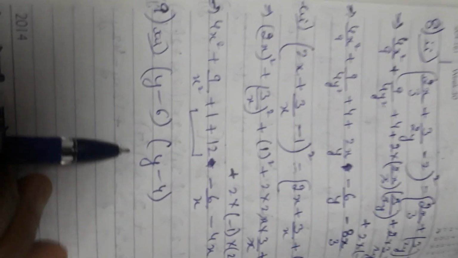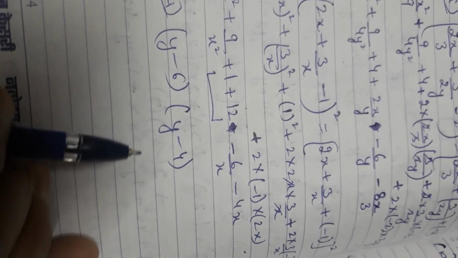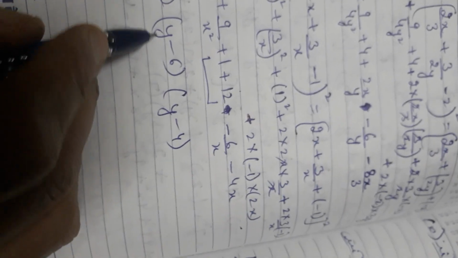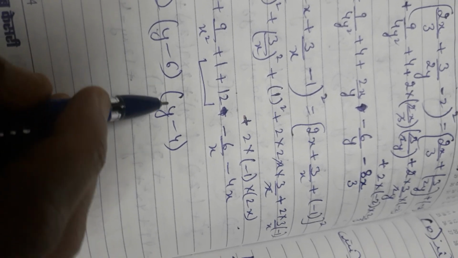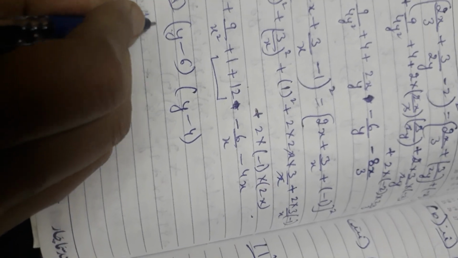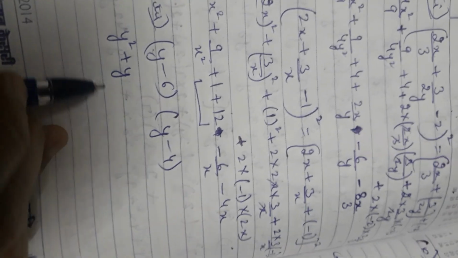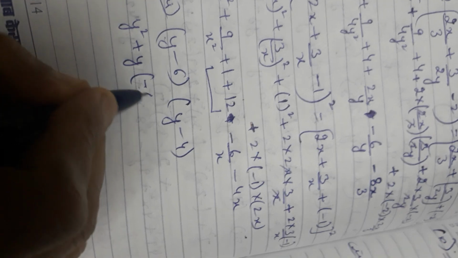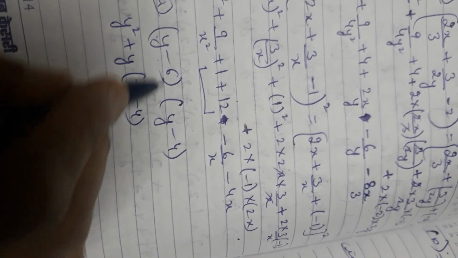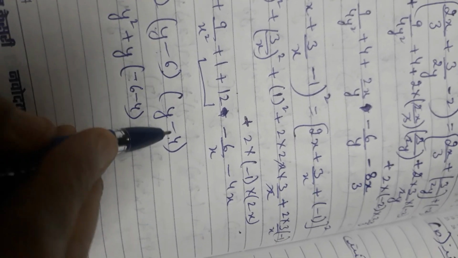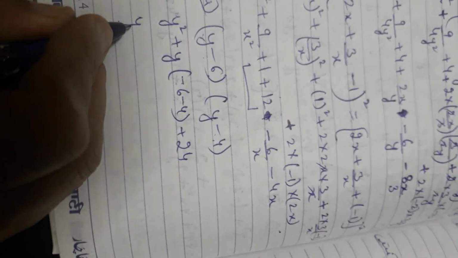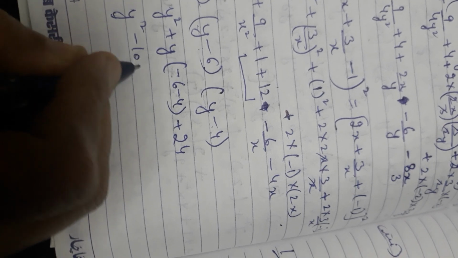Now here this type also we did in the first exercise. I remember when the first term is the same, then what we do, first we have to write first term square plus first term. Always first term square plus first term into the sum of these two constants along with the signs, then multiply the constants. That gives you plus 24. So it is y square minus 10y plus 24.